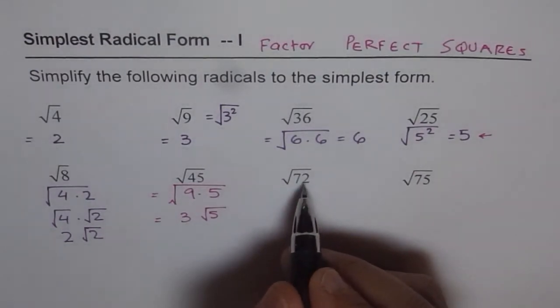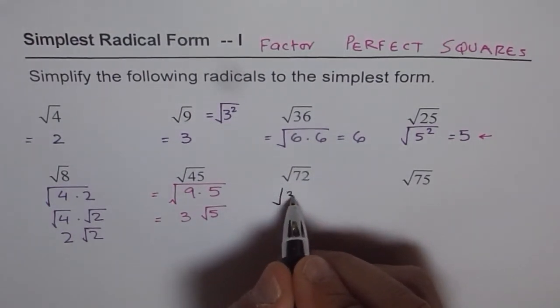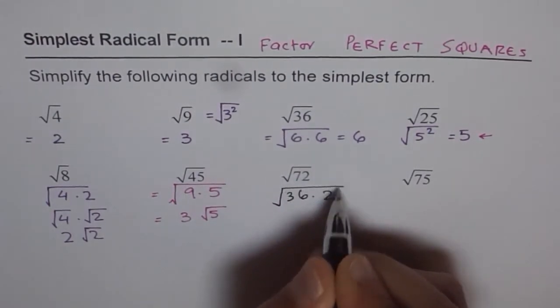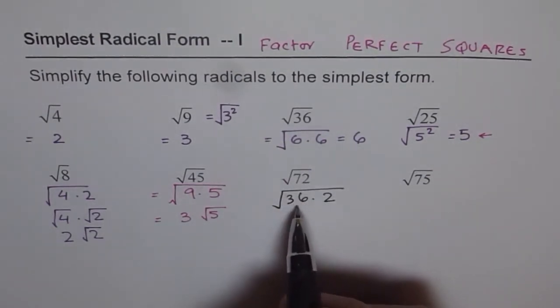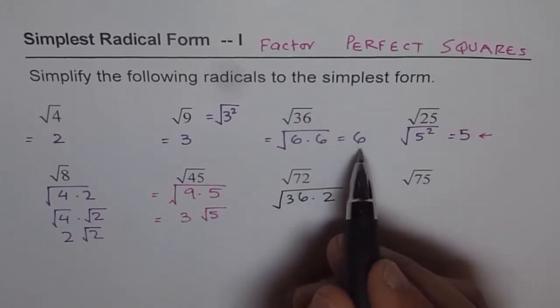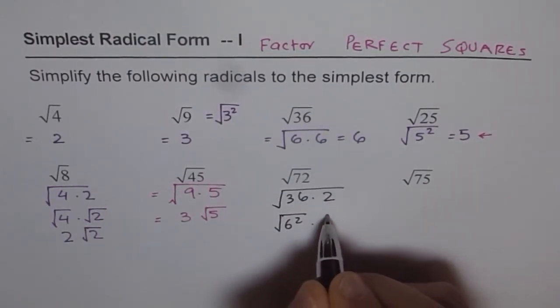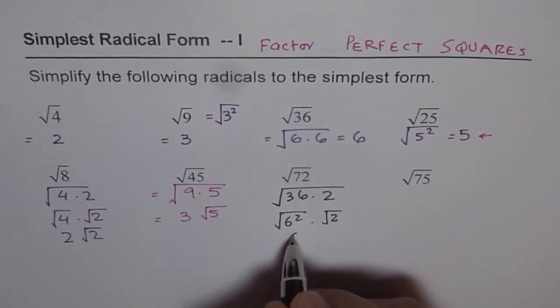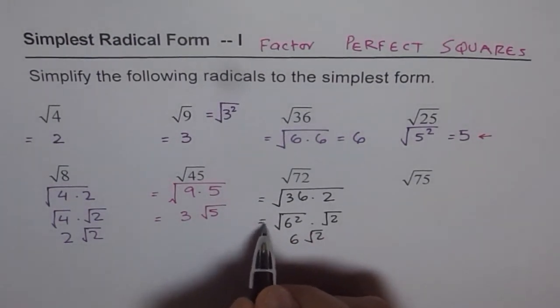Now when it is square root of 72, I purposely wrote 36 to give you an idea that 36 times 2 is 72, right? So that helps. If you can find directly a number which gives you a perfect square as a factor, it's easy, right? So you get 36 times 2, and you know what is 36? 36 is the square of 6, right? So you could write this as 6, which you know, and then this is just square root of 2. So you get 6 square root of 2 as your answer, right? So that way we can simplify